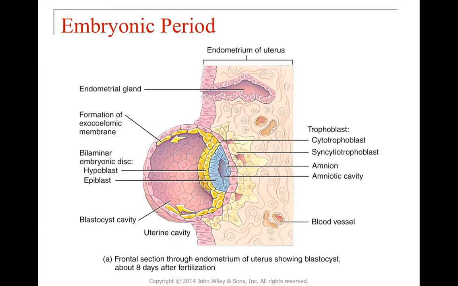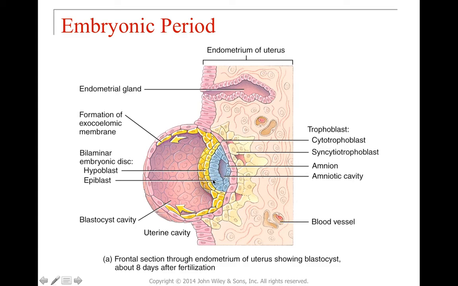Okay, so now we're at 8 days after fertilization. Again, endometrial gland. This is the endometrium itself. We are working our way in currently into the endometrium. Here's the trophoblast. The trophoblast is split up now into 2 separate regions. The cytotrophoblast, which is this region here, and the